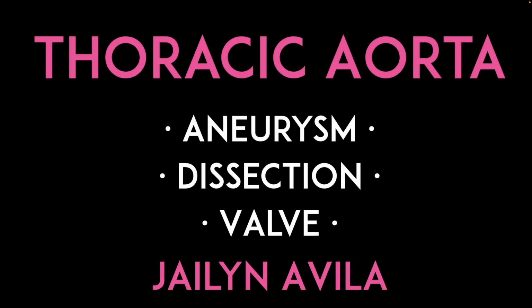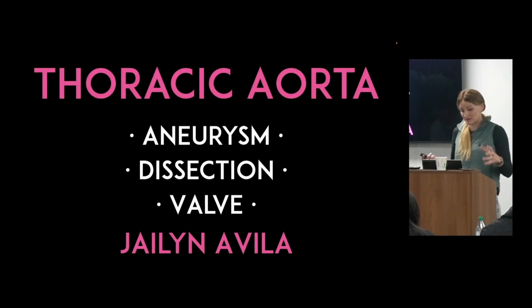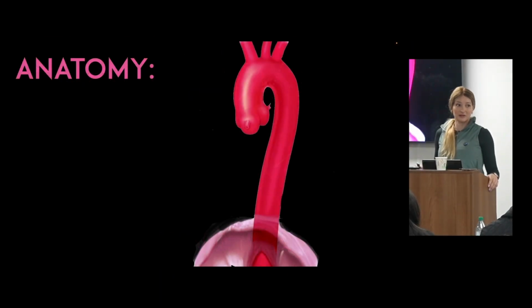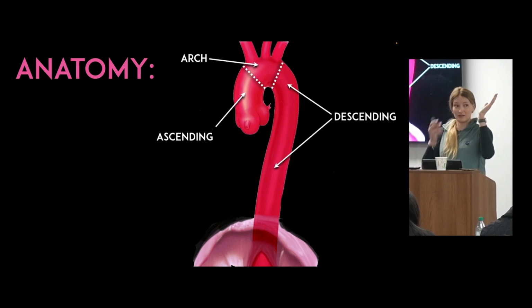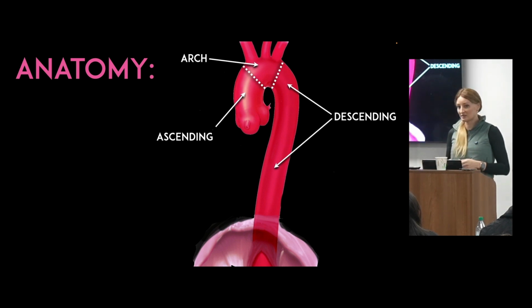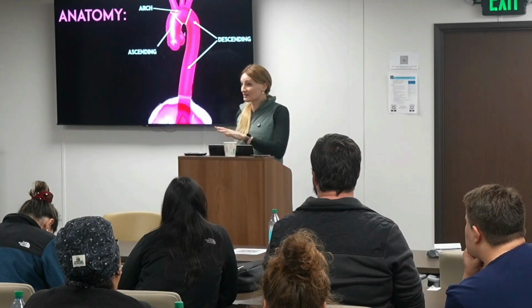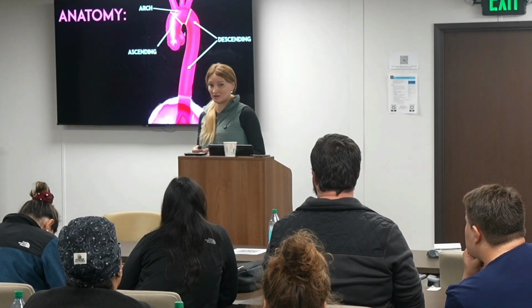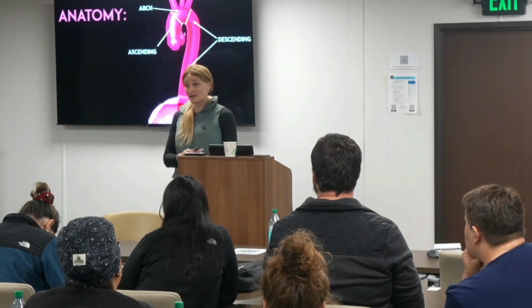Moving on, we're going to talk about these things. I know that we don't always think about valves as part of the thoracic aorta, but I think it's important because all of these are life-threatening things that involve essentially the same structure. A little anatomy: there are these great vessels. There's the brachiocephalic, the carotid, and the subclavian on the left, and that's basically how things are divided. It's ascending up until you get to the vessels, it's the arch, and then at the end of the vessels all the way down, that's the descending aorta. It's important to know because that can help guide what is going to happen to your patient, like their likelihood of a poor or less poor outcome, and what kind of surgery they get,